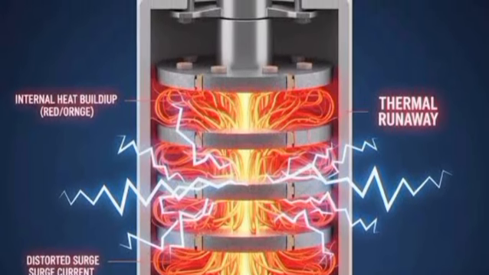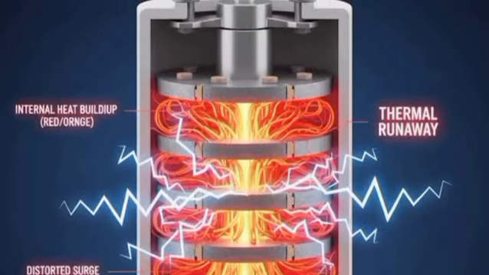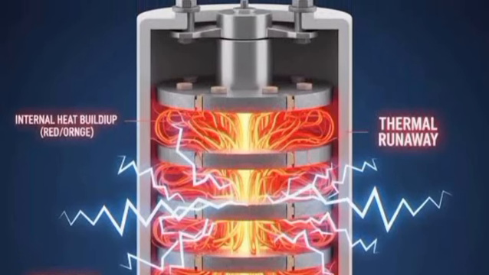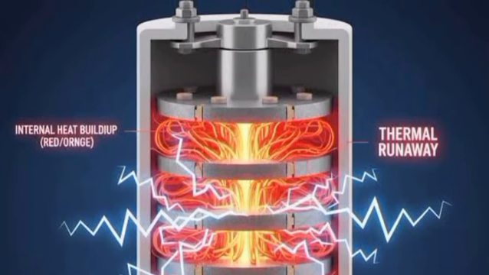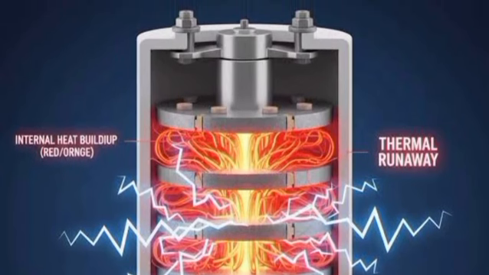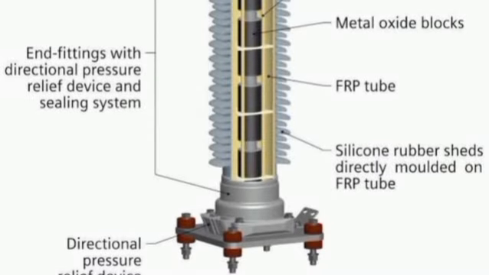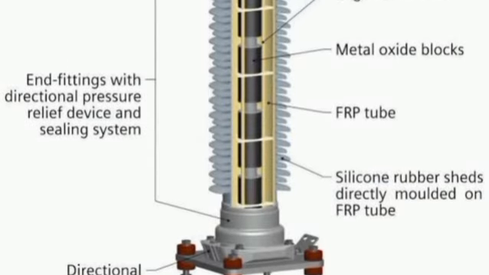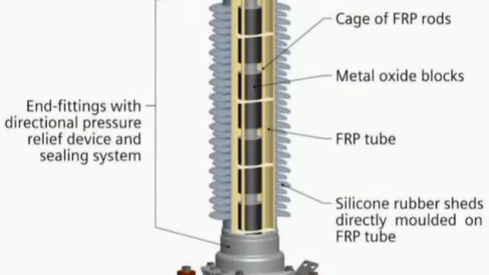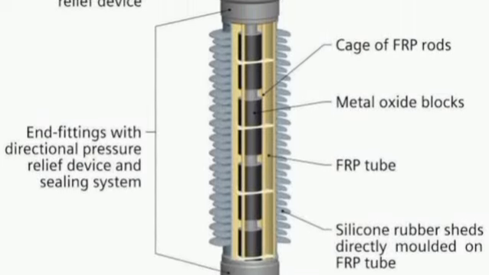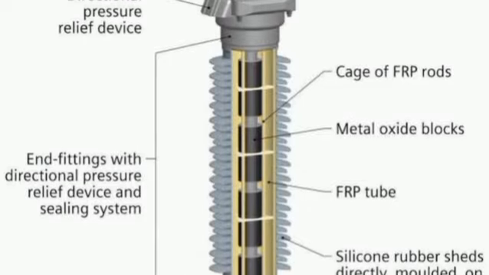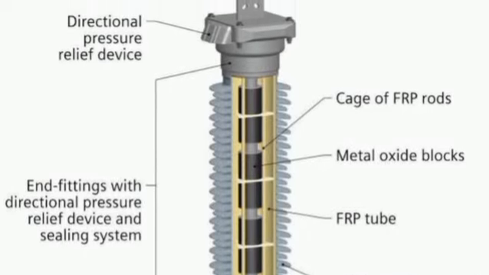After the lightning surge has passed and the system voltage returns to its normal value, the arrestor automatically restores its high resistance state and stops conducting current. Modern lightning arresters commonly use metal oxide varistors, MOVs, made from zinc oxide, which respond within microseconds without requiring spark